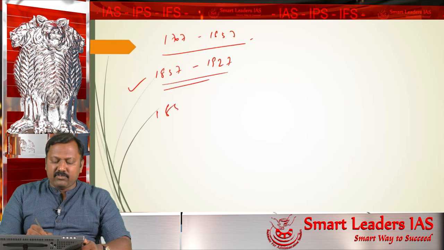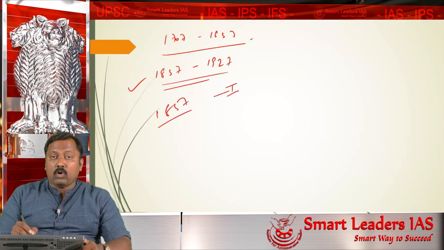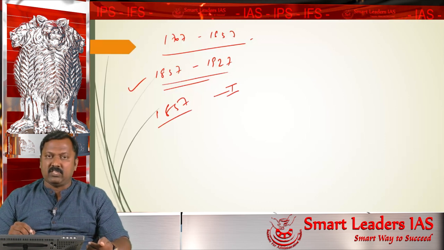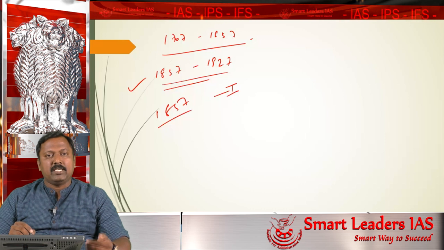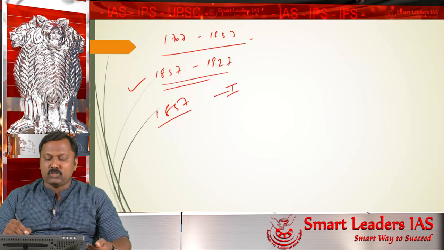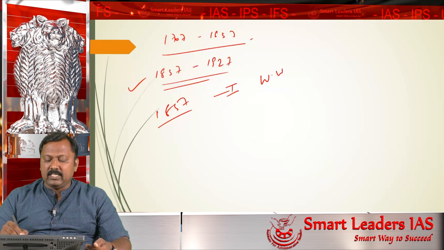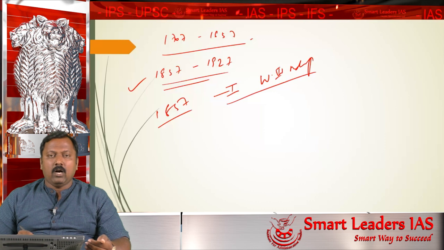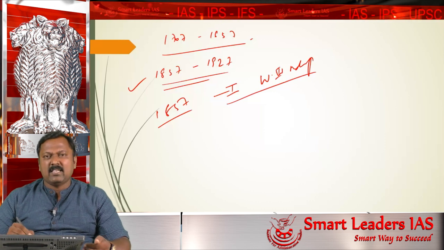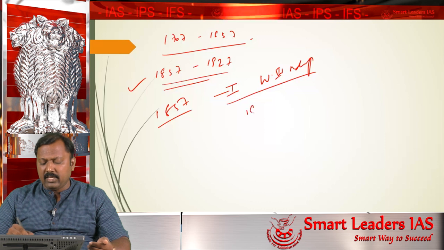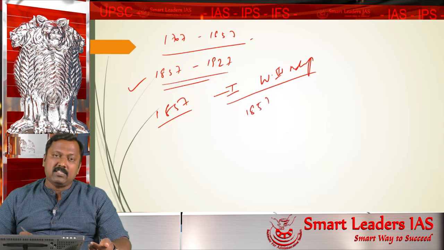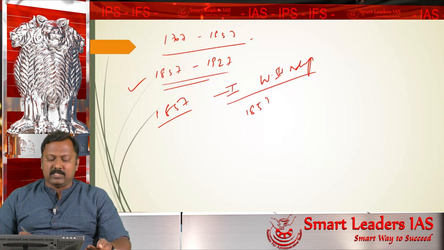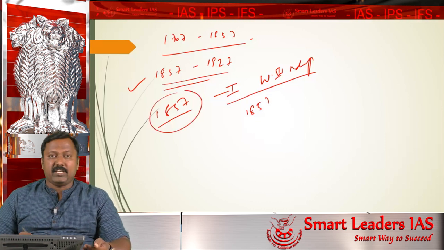What happened in the year 1857? In the year 1857, a great event of great significance happened, not only for that time but for history also, which happens to be the first war of Indian independence. Or, as the British would suggest, merely a sepoy mutiny of 1857, or simply called by historians the revolt of 1857. Whatever may be the name given to this, it is a very important event.